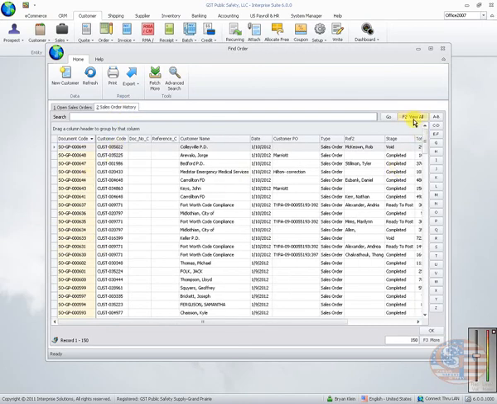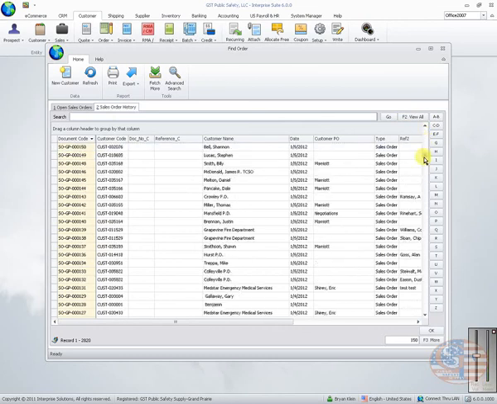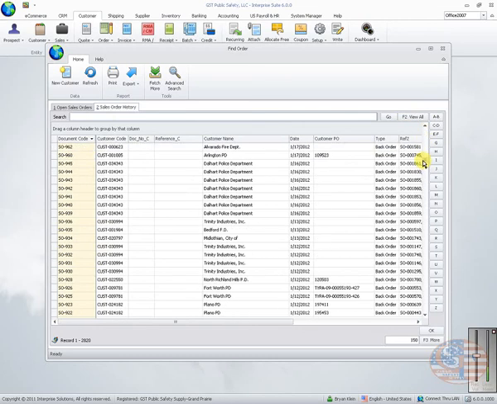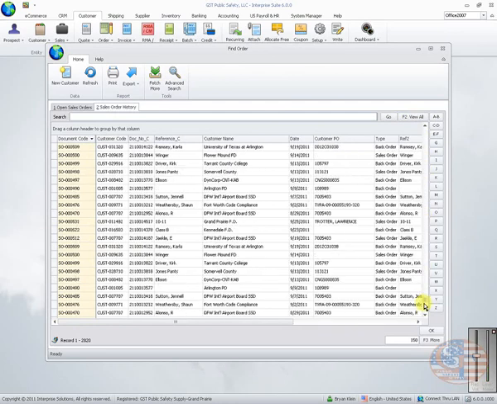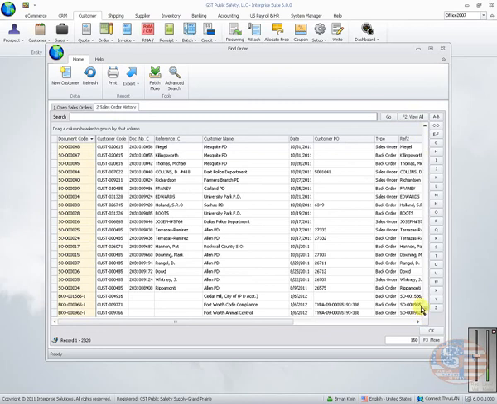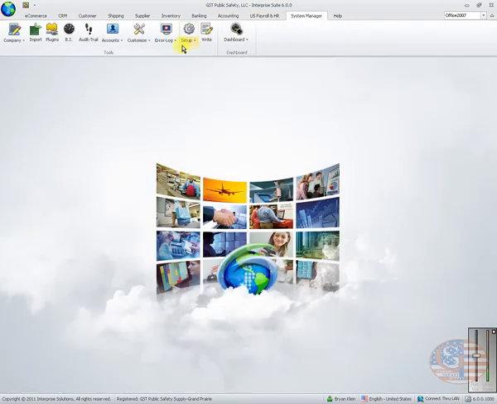If you look at your history, we want to view all. This might take a little bit. 2820. We sort by the document code. And you can see all the sales orders, and the same thing here. And the back orders. But when we come through System Manager and look at Setup, Auto Numbering,